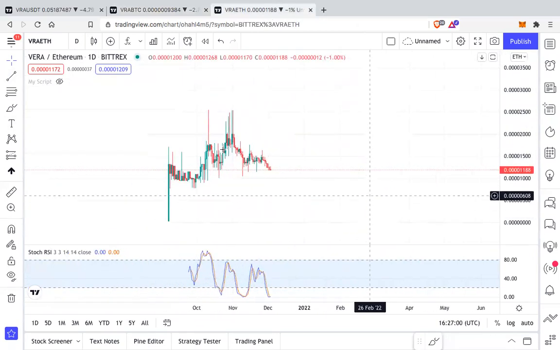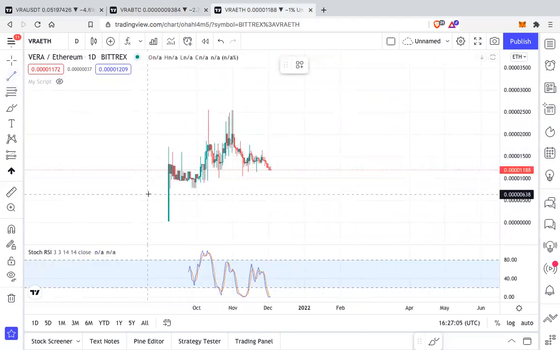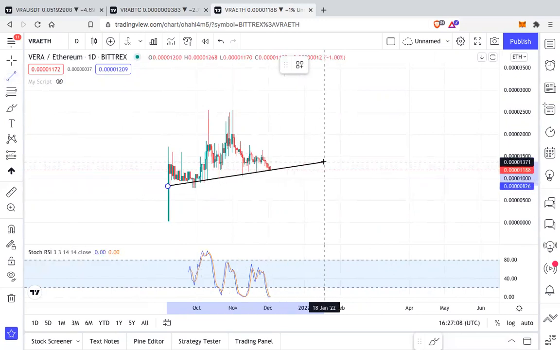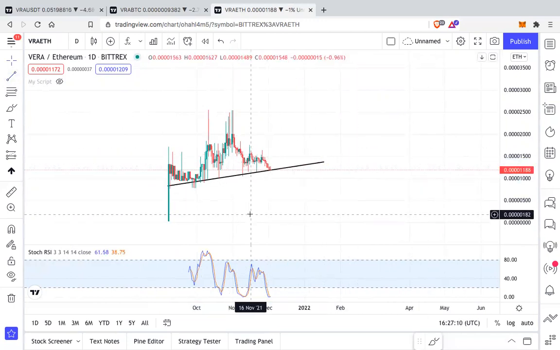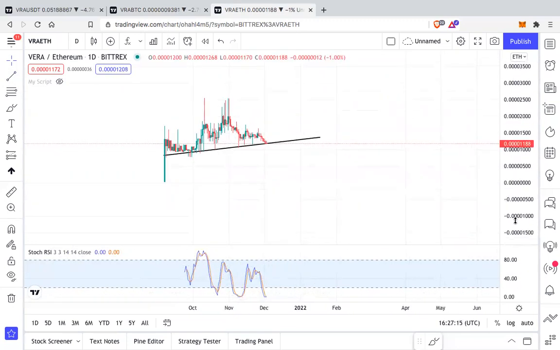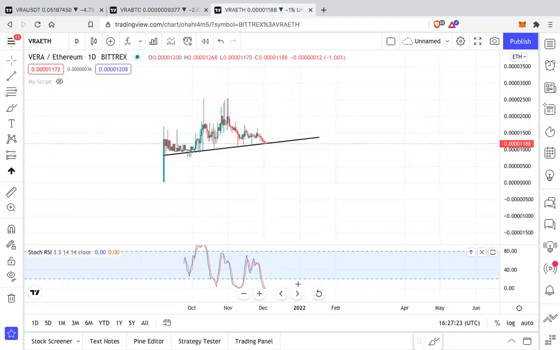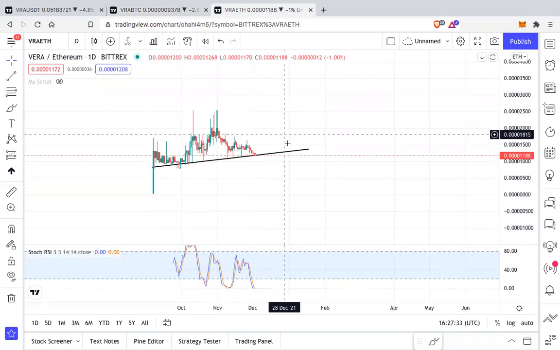So this is a fairly new chart. I could find only one chart again of VRA in the Ethereum pair. But even here we can see this is an uptrend, and look at this. Even in the ETH pair, this is a daily Stoch RSI almost at zero. So this is literally bottoming. Of course, this is Stoch RSI. It can extend, it can go on for days, but still, my point is at one point, this has to again go high. So a breakout on the upside is very, very likely.